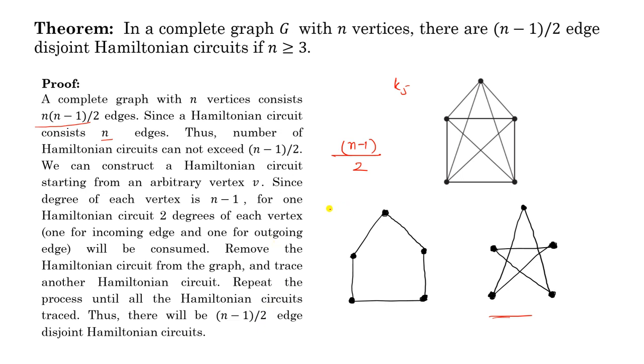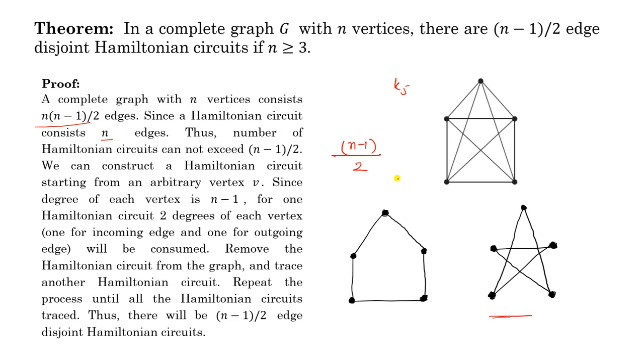And this Hamiltonian circuit is practically applicable to one of the famous problems known as the traveling salesman problem. Suppose there are n cities, for example 5 cities. A traveling salesman has to cover all these cities starting from a vertex, and finally after covering all these cities he has to reach his or her original place. So it means he has to find a Hamiltonian circuit, and a number of Hamiltonian circuits will be there.